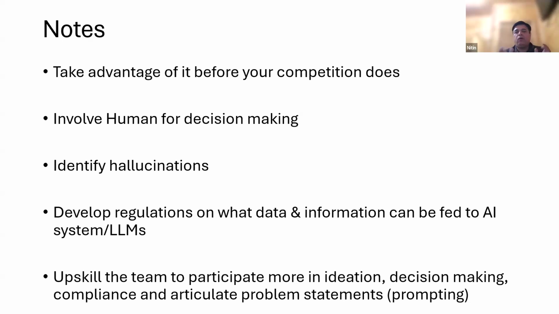At the end, we need to get all team members to understand Gen AI, learn about LLMs, and start using them more often as part of their work. Every engineer or systems team member in a systems organization should have the intention of offloading more and more of their repetitive work to AI, so they can be involved in higher lifecycle activities, which could be ideation of systems, decision making, understanding compliance, or even articulating a problem in a better way, which is also called prompting.